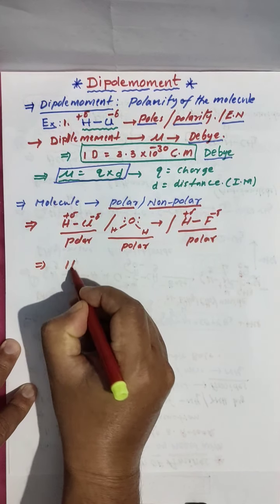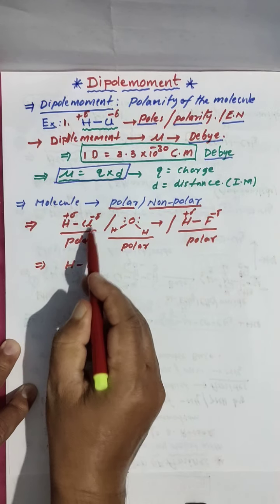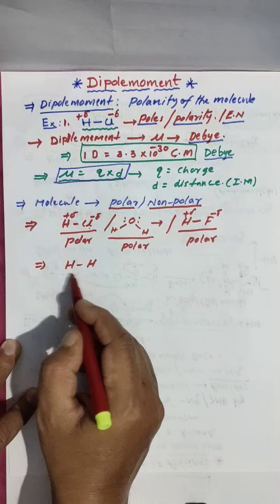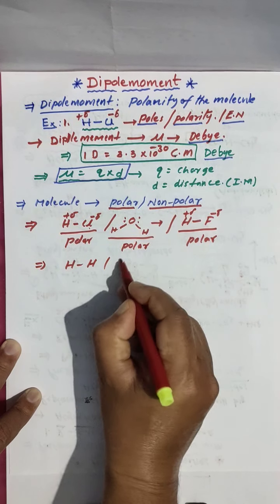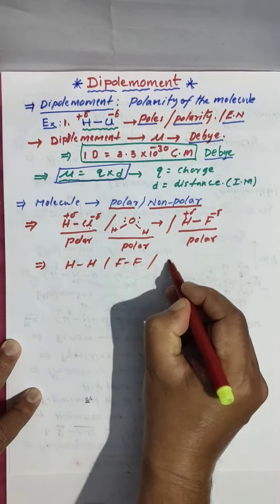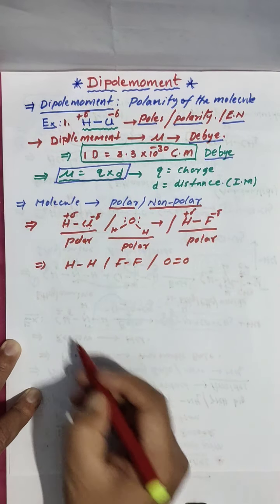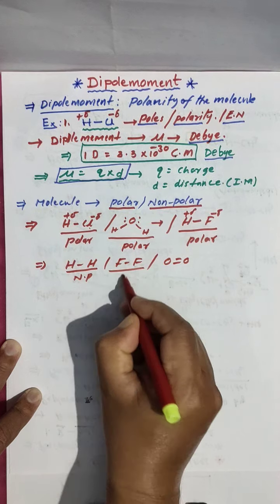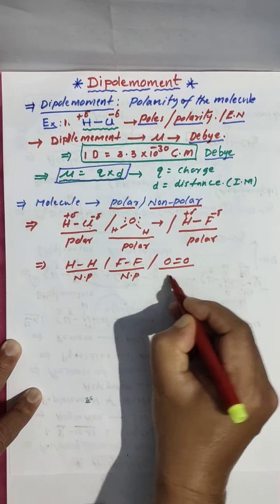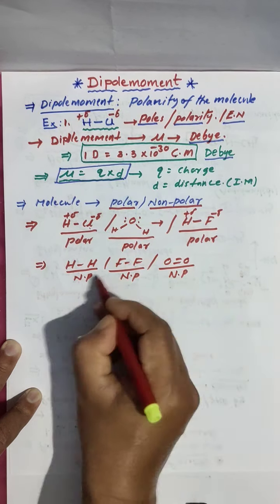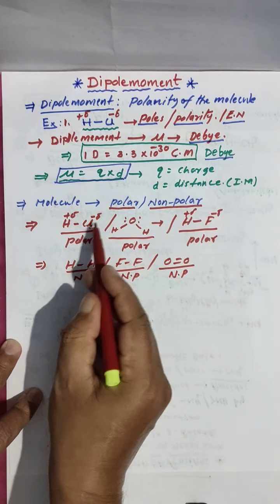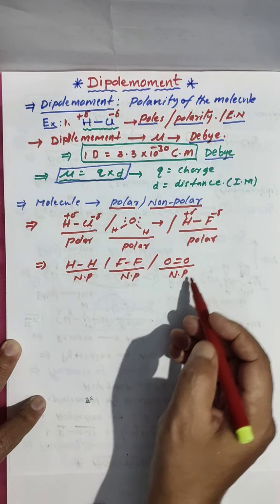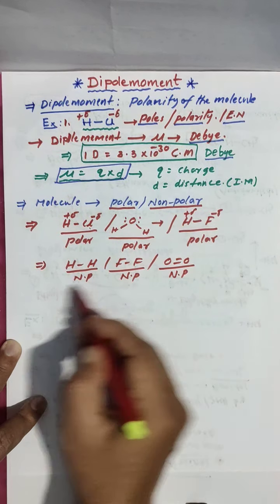For example, go for here. Electronegativity difference is there, so you get del plus, del minus. But here these two atoms are the same. Similarly, F2 and O2 are non-polar. This is also non-polar, meaning electronegativity difference is not there. If electronegativity difference is there, you get poles. Here electronegativity difference is not there. So these are polar and these are non-polar.